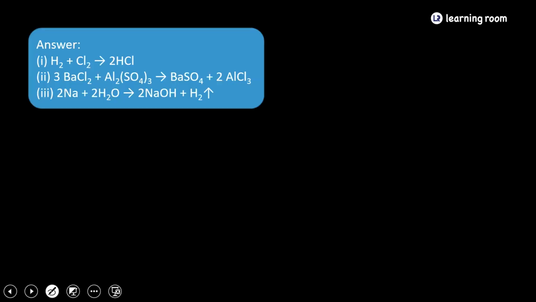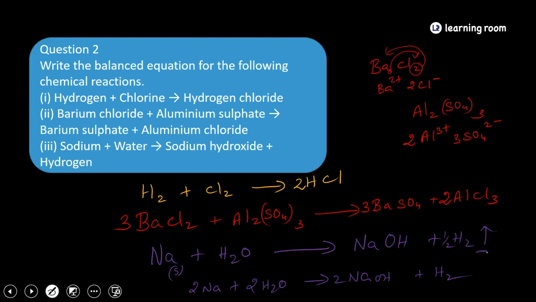So by means of practice only you can get the equation balanced. When you are writing you will get it. While writing you will get all those things. So that answer is this. That is what we have discussed. Next question. What does that symbol mean? Gas. When you are going gas, you can indicate it like this. Very good question you have asked.